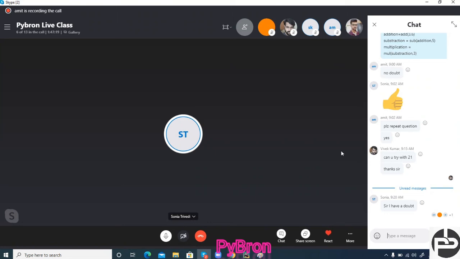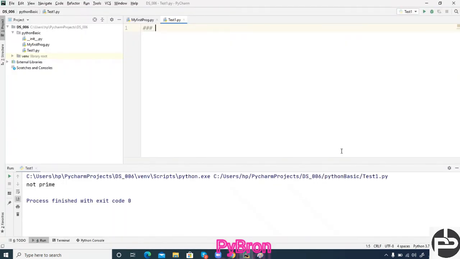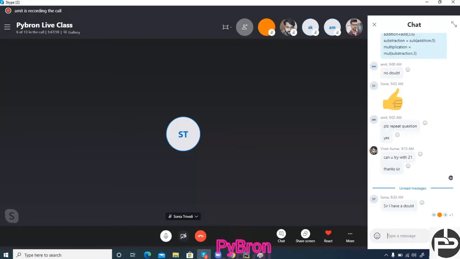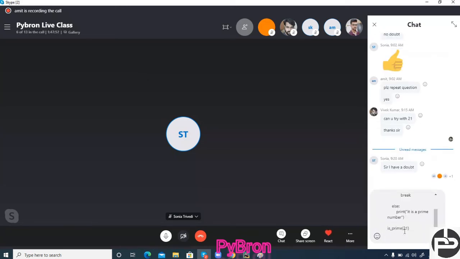You can store your correct password in some variable first, and then ask the user for the password up to 3 times. So you can iterate over a for loop. Suppose in the first attempt the user passes the correct password, then you have to break the loop using the break keyword. Just now we did it in the case of the prime number. Okay, one minute. Let me paste this code also for you.